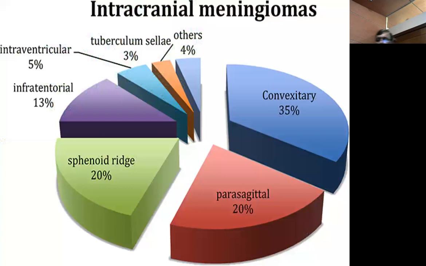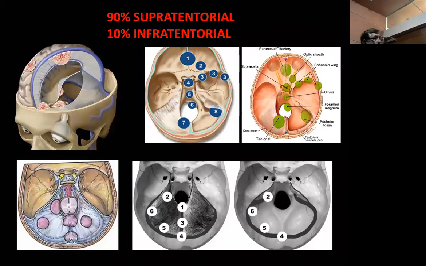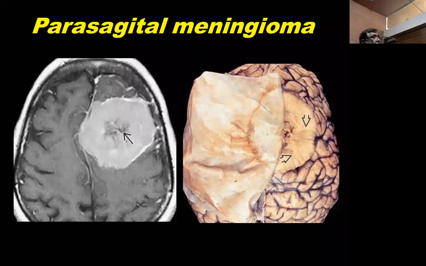We'll be speaking about meningiomas, intracranial meningiomas. The maximum amount of meningiomas occur either in the convexity or the parasagittal area. The others would follow. So the cortical and the parasagittal take most of the tumors, while the basal ones are less. So we're talking about parasagittal meningiomas.